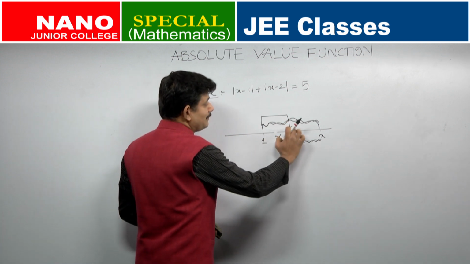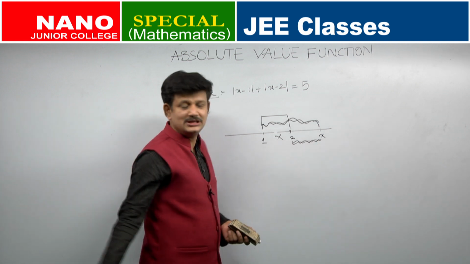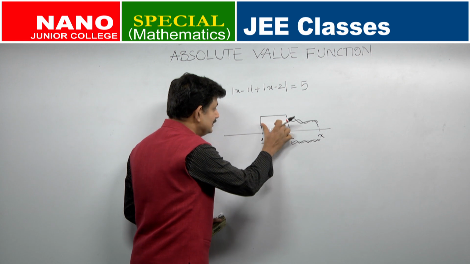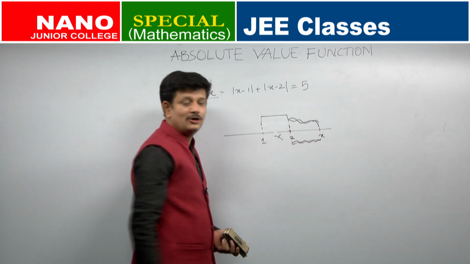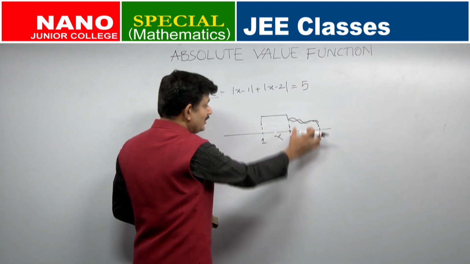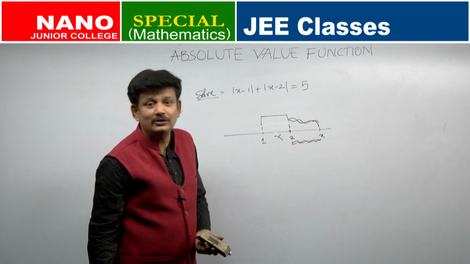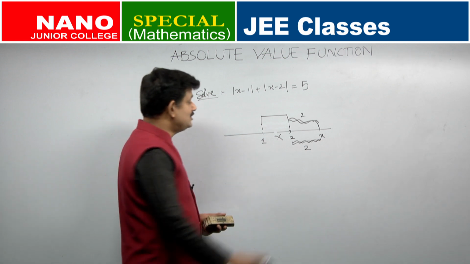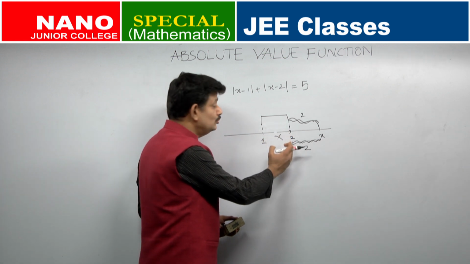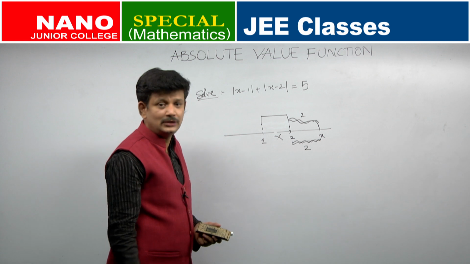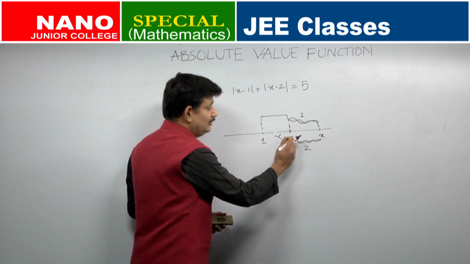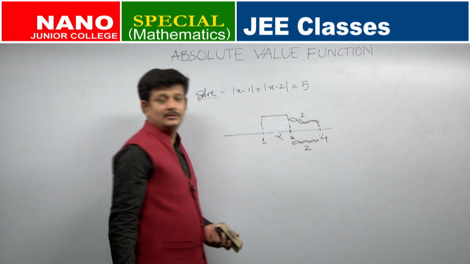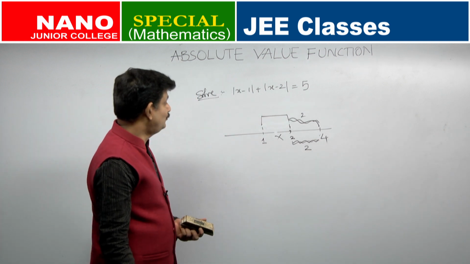I want this plus this plus this to be equal to 5. This is 1. So, if I remove 1, this plus this should be how much? 4. Both of them are one and the same. So, each of them will be equal to how much? 2. So, this will be 2, this will be 2. And which is the number which is at 2 units distance from 2 and to the right? 2 units from 2. Yes, it is 4. So, one answer is 4.